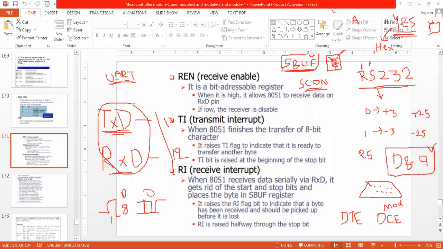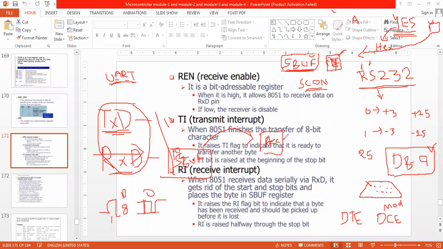When I am receiving data from another device into the microcontroller, the data also comes into the SBUF register. Whatever data comes into the 8051 through the RxD pin is first stored into the SBUF register. So we collect the data in SBUF, and then from SBUF we store it into an internal register, like the accumulator.